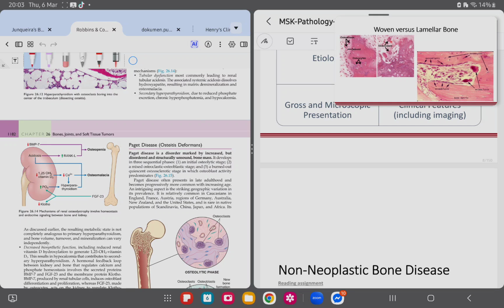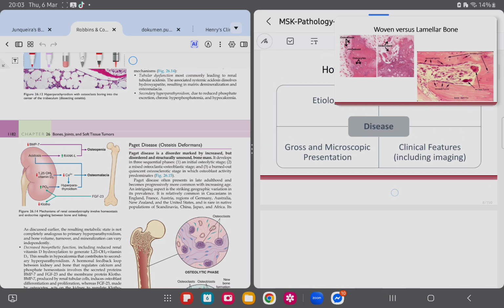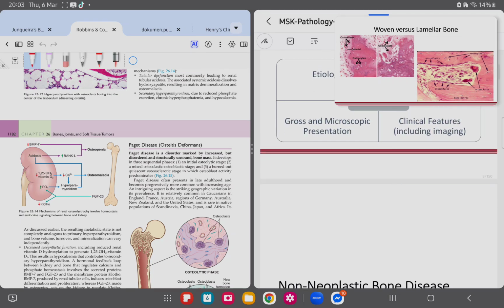In contrast, in your mature lamellar bone, aside from seeing the lamellae within your bone matrix, your osteoblasts are quiescent, meaning they are not plump, they are flattened in appearance, but you can still see osteoclasts depending upon the nature or the current state of your bone, because sometimes bone resorption is necessary, especially in fractured bones and in areas of bone healing.